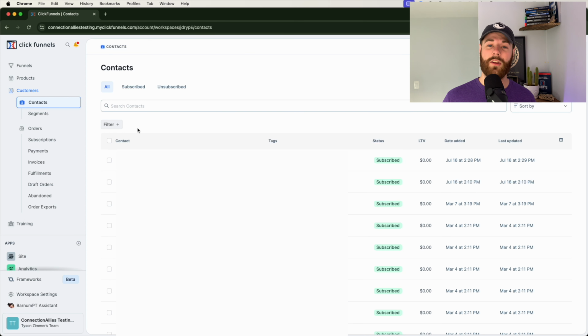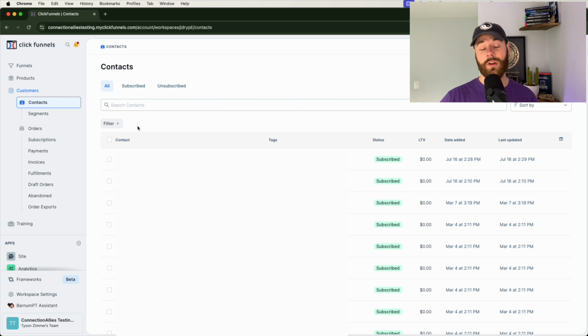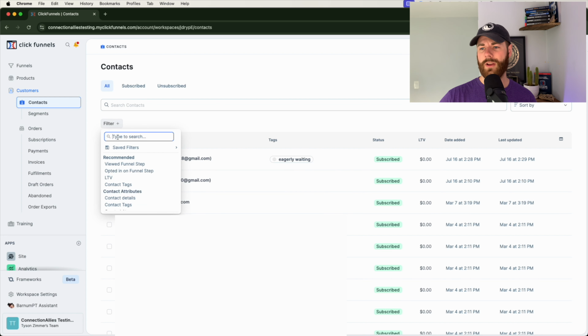Now, one thing that we can expand upon with this is that you can go in and create different filters for your contacts. So let's say you don't want to delete everybody. You don't want to necessarily go one by one for each of the contacts. You want to first off filter for the correct contact, and then from there select all of them at once and then delete them. That's perfectly fine. What you need to do in that case is go over here to filter, click on that directly, and then search right here in the little input field,